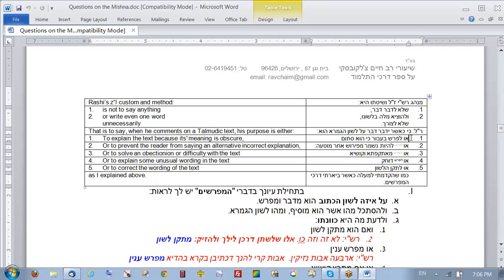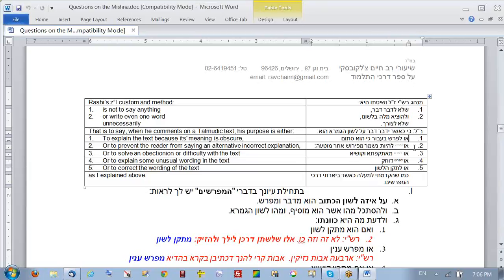What are they? O leperish bavor kihu sasam. The first one is he has to explain something because it is obscure. It's hidden. For instance, the word mavo, what does it mean? When a concept is totally unknown, he has to talk, or else you won't be able to even understand what's going on in the statement. As I said, once you define your terms, then you can start talking about what factors are operating, but if you don't understand your terms, then there's nothing to really talk about. So that's the first thing he does.